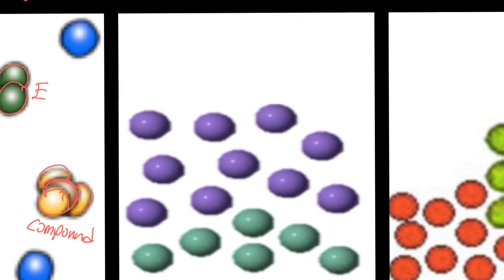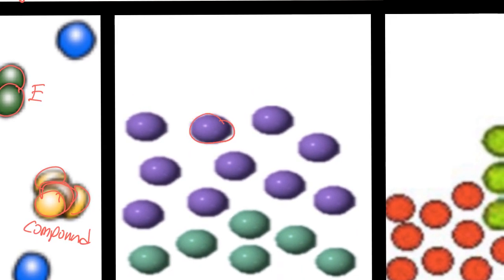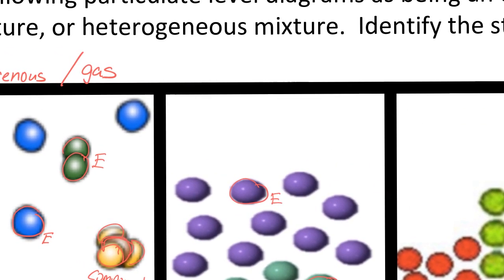Looking at my particles, these are not joined to anything, so that's an element. Another different kind of element, so we've got 2 different elements. Now looking at this, they are not well blended. So if it's not well blended, it's different in different parts, so it's going to be heterogeneous